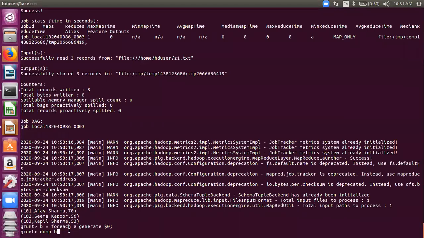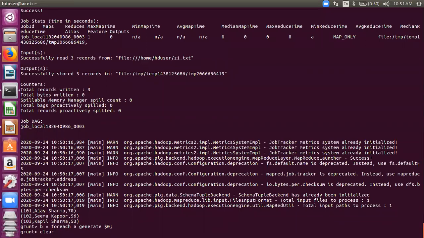Good morning, Ritik. Sir, it would display the first column. Just pay attention, Ritik. Once we are using this load statement, we are not mentioning any format about the file. It will be looking at the file as a tab separated file. So while you are storing the records 101, Ajay Sharma, 70, there is no tab in it. So it will consider this complete line as a single column. Got my point? Yes, sir.